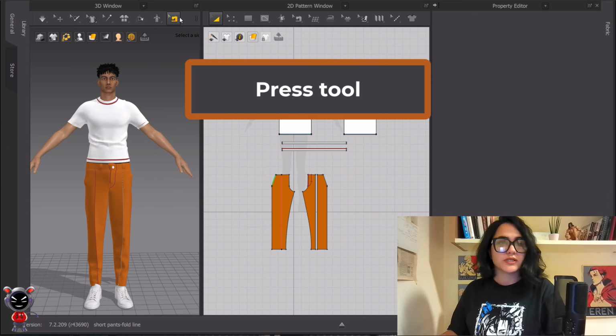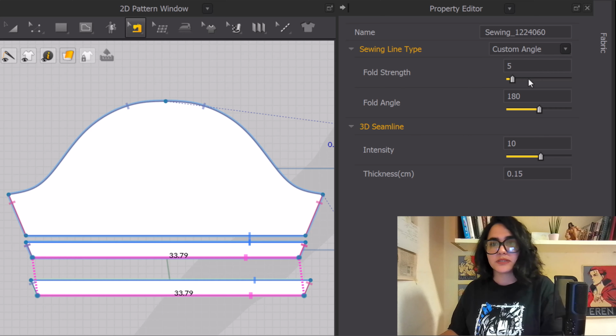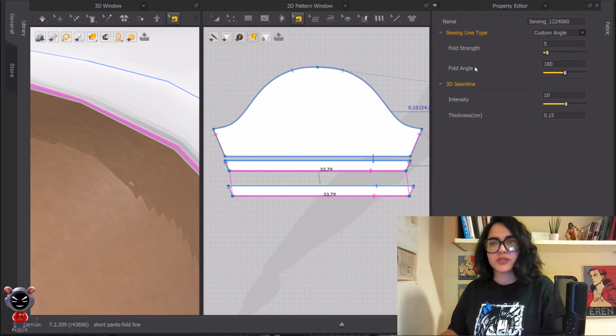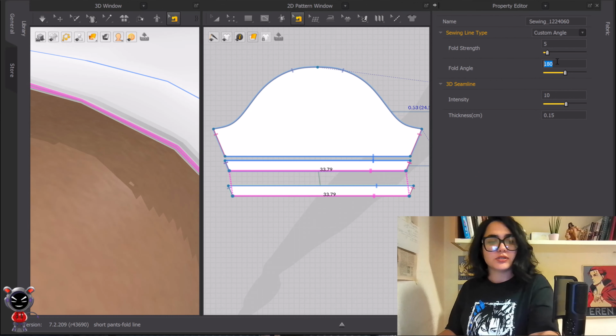Here, if I click on this sewing line, as you see, I have custom angle, because we have two types: it can be turned or custom angle. Custom angle means that I can change its properties. For example, if I change this fold, this one is more visible. If I change it to 120,